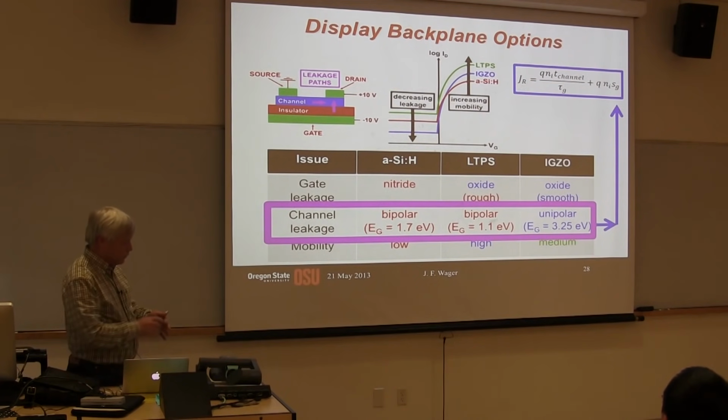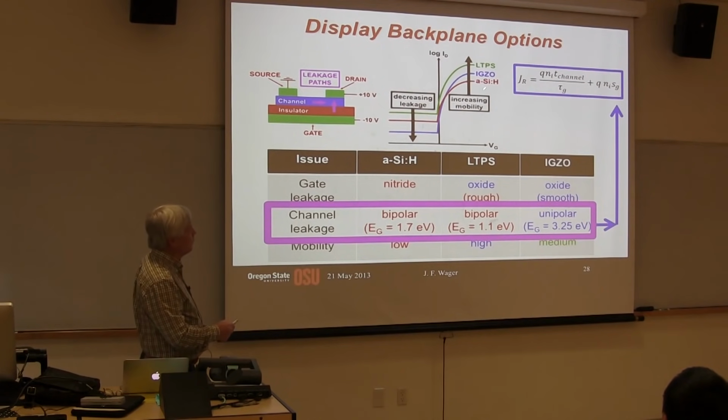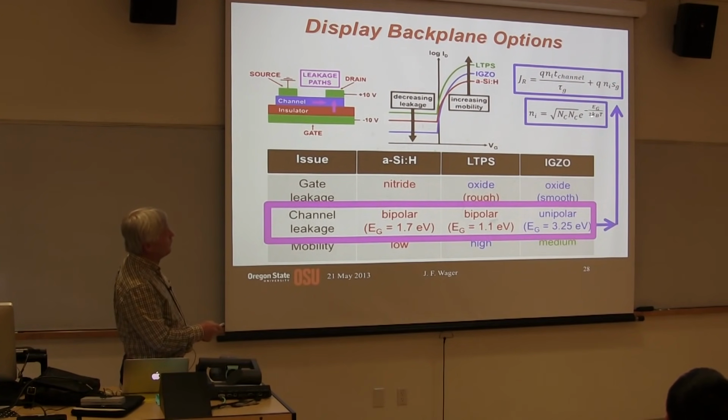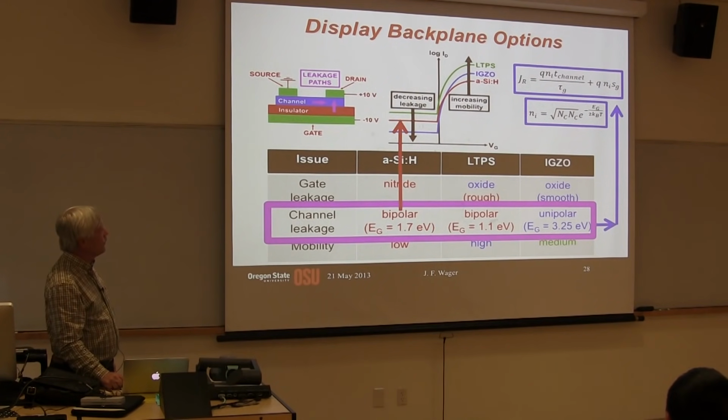And then if you go back and look at what you expect the reverse current, or the leakage current, to be, you have a bulk generation and a surface generation component, and the intrinsic carrier concentration goes into that. The intrinsic carrier concentration depends exponentially on the band gap. So there's about an order of 10 to the 18 difference that you'd expect based on just this here. So there's going to be a lot less reverse leakage due to that,